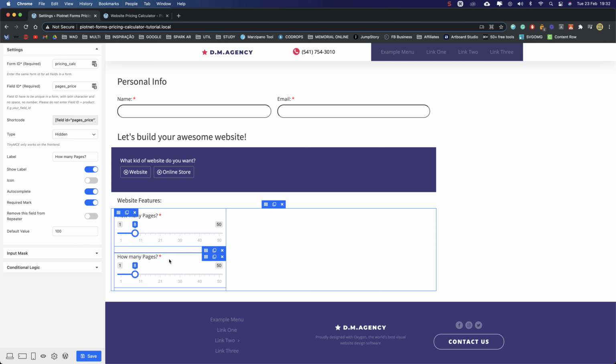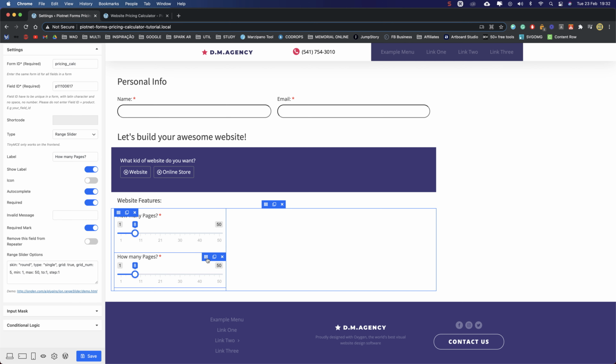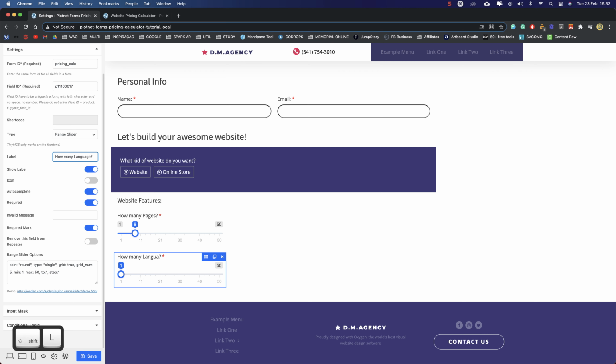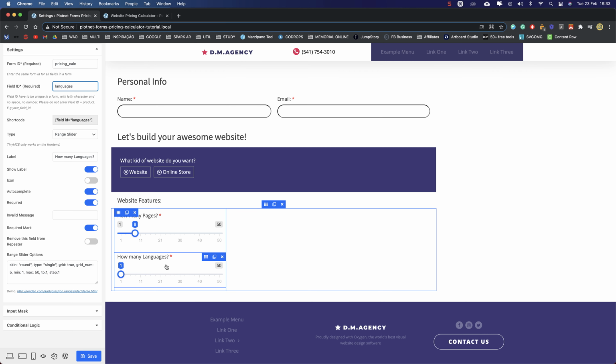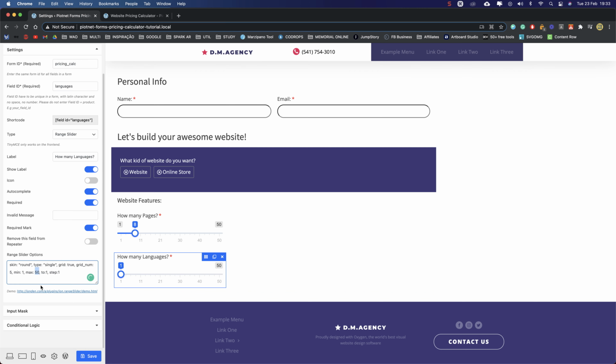Here, instead of pages, let's do how many languages. And here, let's write languages. 50 languages is too much, so let's put maybe 6 languages. Okay. 1, 2, 3, 4, 5, 6. Perfect.